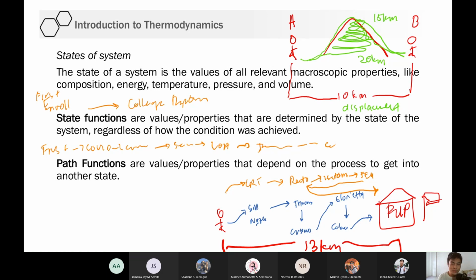So ngayong time ng pandemic, siguro wag na lang muna kayo ma-discourage sa kailangan ko mag-LOA, no? Kailangan ko mag-leave of absence kasi hindi kaya ng family mag-sustain. Wag niyo i-down sarili niyo pag ganun. Kasi remember, ang state function naman pag nag-aaral ka is maka-graduate ka pa rin, no? So yun, okay lang na iba-iba yung path function sa buhay. Okay?